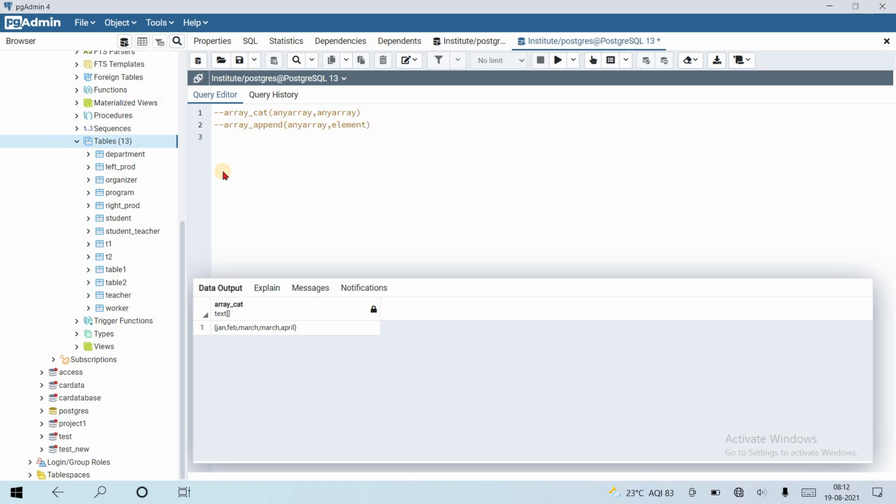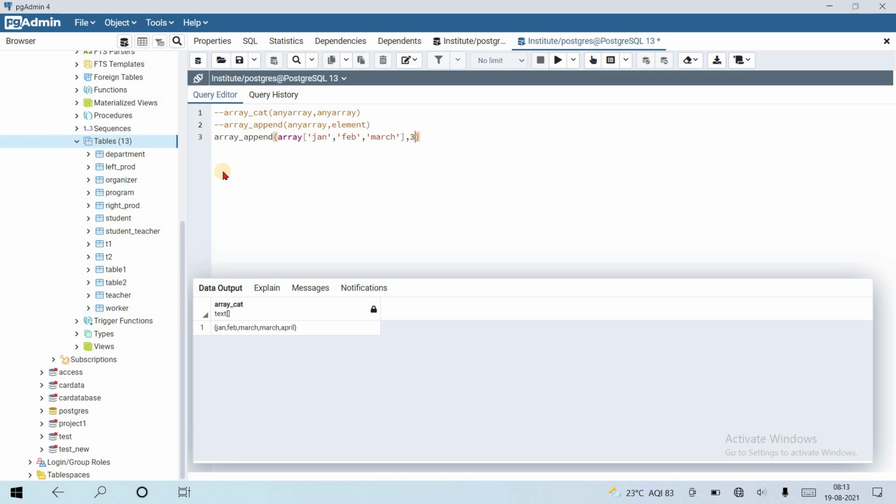We have seen this array append function in a previous tutorial also, array append and array prepend. So if I use array append with some array, suppose Jan, Feb, March, and the next parameter, suppose we add an integer too.